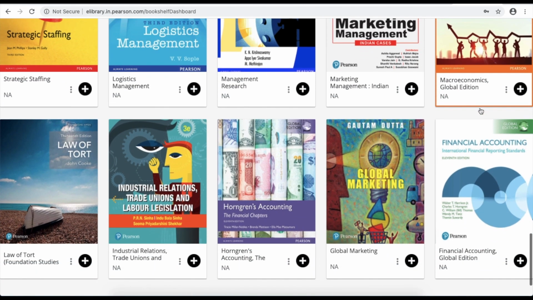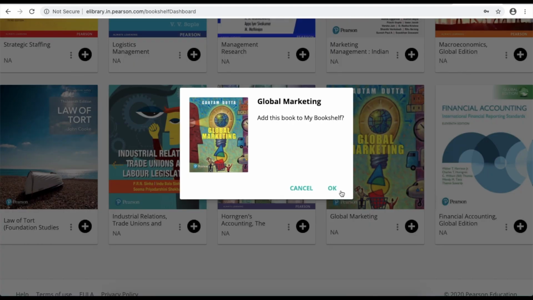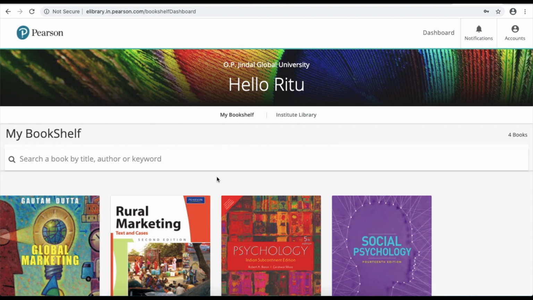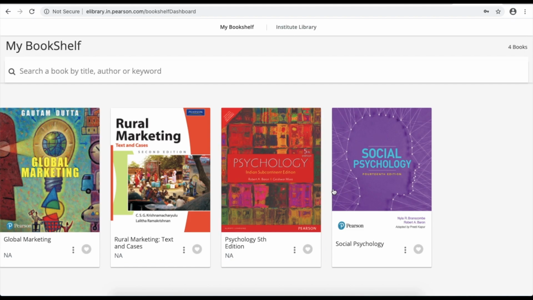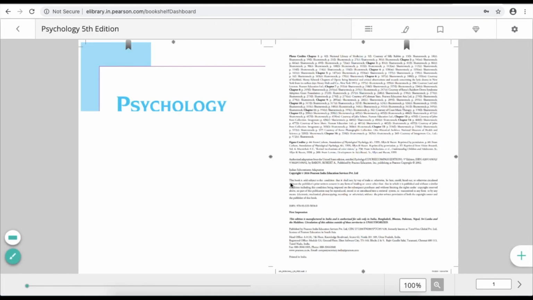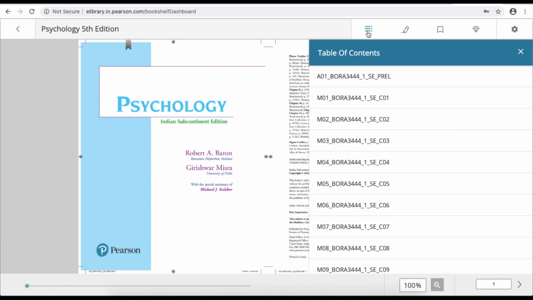This feature helps you to check the book in your own bookshelf and explore it further with the ebook reader. Once you click on the book which you wish to read, the book will open up with the ebook reader. The right panel on the top helps you with different tools and options. The first tab is the table of contents, which helps to navigate through the chapter or jump onto another chapter inside the book.